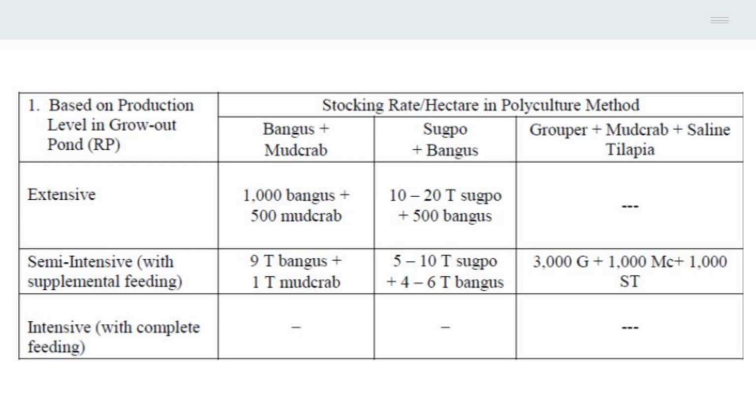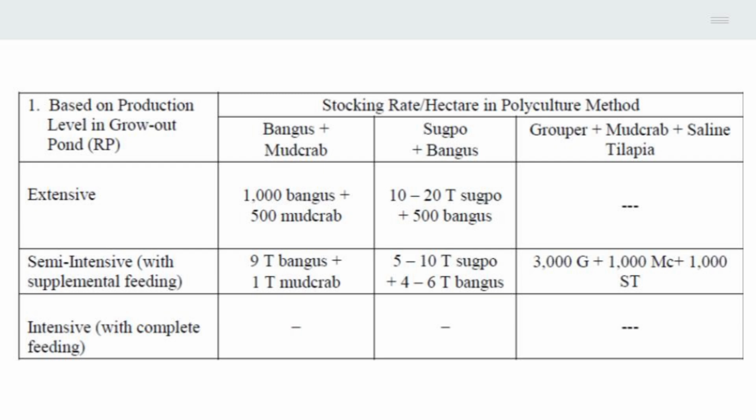However, in many cases, farms prefer monoculture at high stocking densities to simplify management, which is why no data is provided for intensive systems in this table. In conclusion, polyculture offers a sustainable way to maximize pond productivity by combining species that use different food sources and occupy different spaces. By carefully selecting species and adjusting stocking densities, aquaculturists can create a balanced system that enhances production